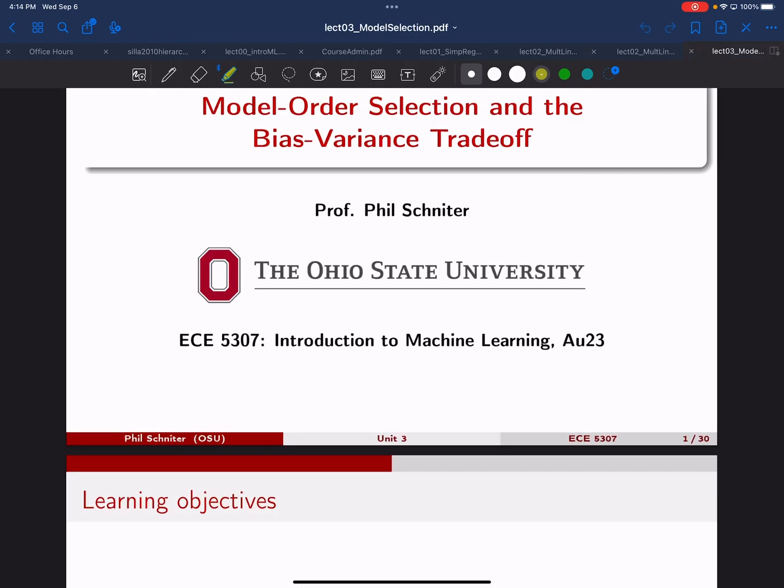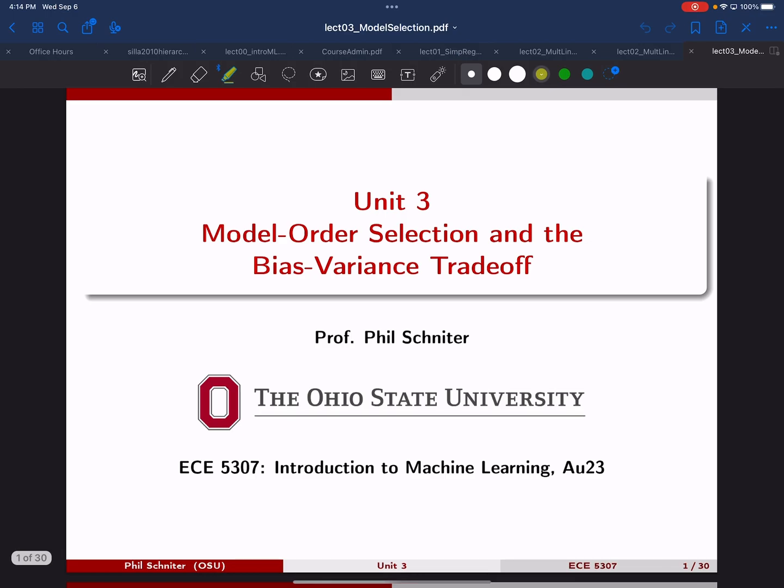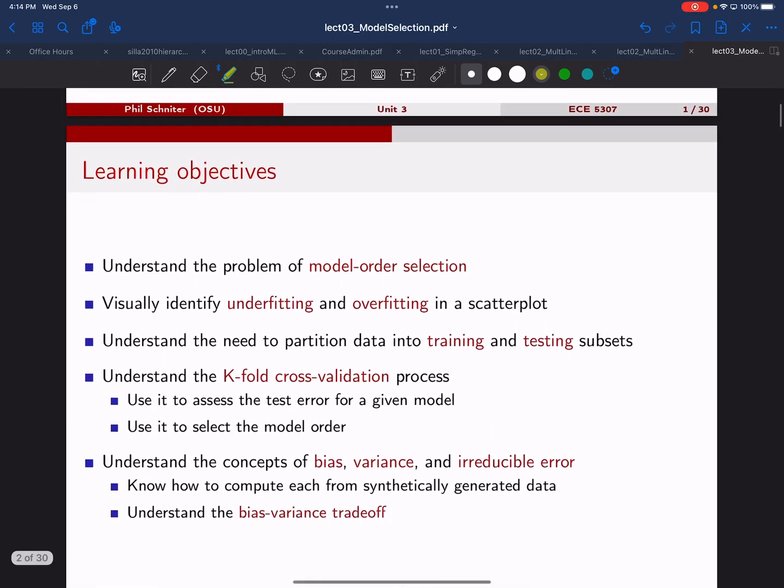So let's move on to the next unit then, which is all about model order selection, basically choosing that d in a polynomial model, or more generally, if you have some choice of a complicated model or a simple model, how do you choose the complexity of the model? And we're going to get into a little bit of random variables and statistics here, and we'll talk about the bias variance trade-off, which is a very fundamental idea in machine learning that kind of encapsulates the problem with choosing a model that's either too simple or too complex. Okay, so